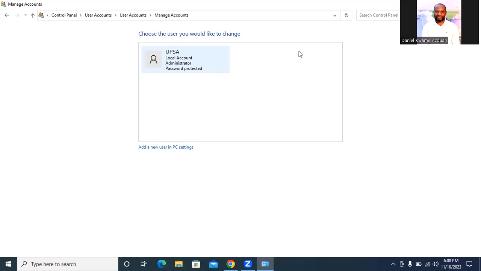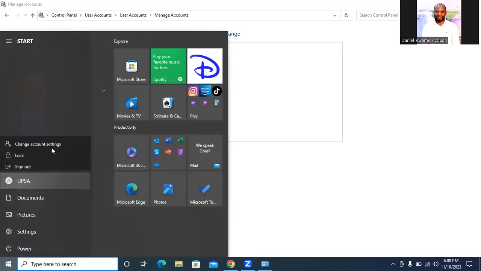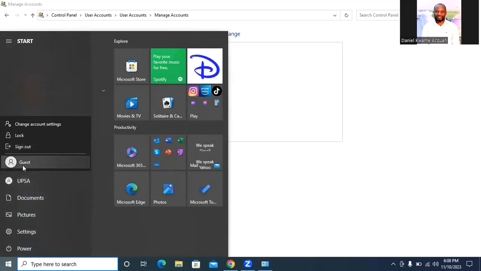Or if you want to check, you come to the Windows bar, the start menu bar here, the start menu here. Click on it. Click on the account logo here. And as you can see, the guest account that we created, guest 2, is no longer there, so it's deleted. Okay, so this is how you delete a guest account from Windows 10. Having done that,